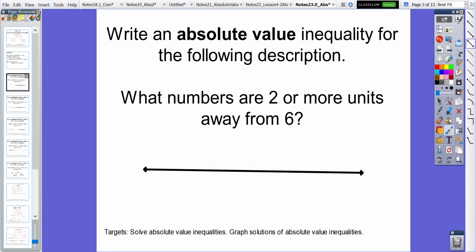Hey Algebra 1, this is the first video in a two-part series on how to solve absolute value inequalities. First part's going to cover what exactly an absolute value inequality looks like, and the second part is how to solve them. Okay? First problem we're looking at here: what numbers are 2 or more units away from